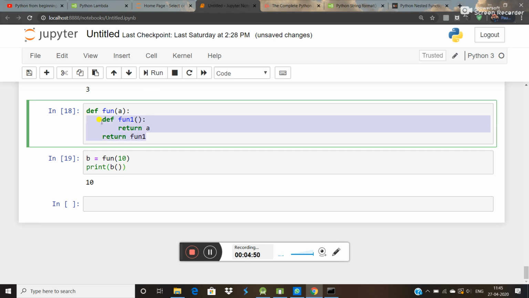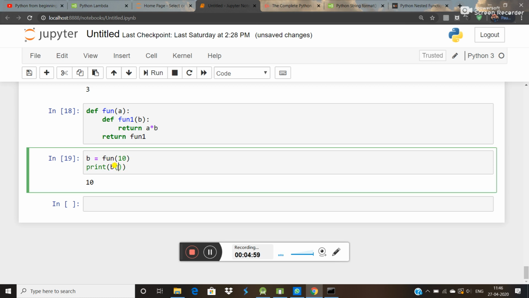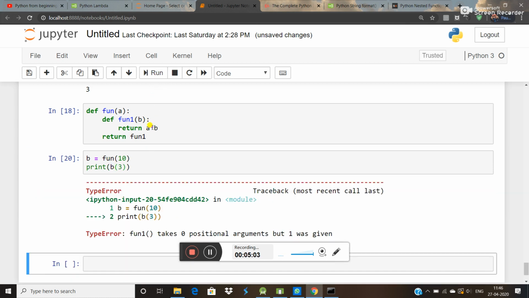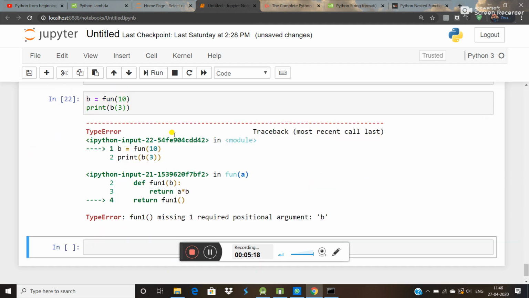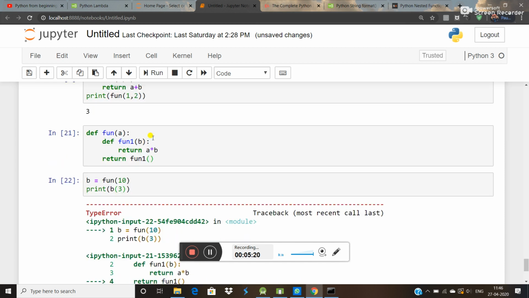If you want to give two arguments here and multiply both, you also have to give some integer like 3. Now run this function. Okay, what is the error here? Simply a return a multiply b, fun of a. I think here also we have to write this. Okay, there is an error, one argument missing.